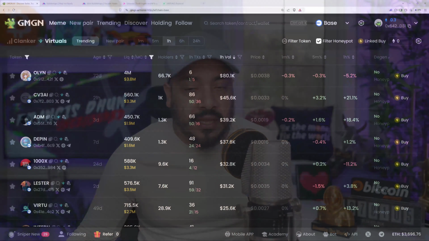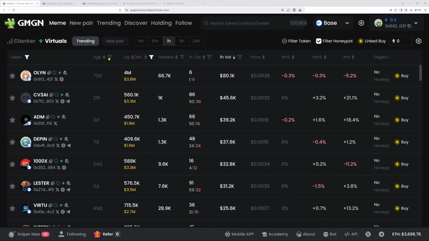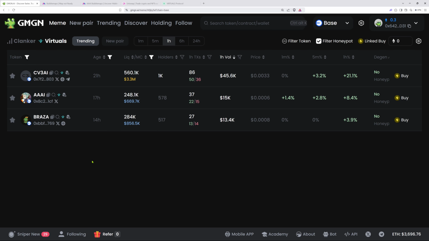Now, let me demonstrate for you exactly what I mean by when you're going to have an edge over the competitors by using this tool, okay? So, number one, when you're trying to get into a token that just got bonded, right, and people are bullish on it and you couldn't get into it in the early phases, when you're using this tool here compared to, like, say, Uniswap, and let's just age these tokens over here by the last 24 hours, right?